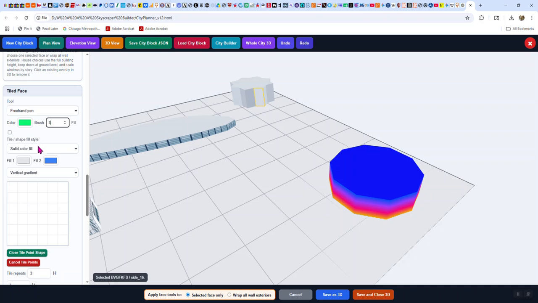tile shape, color fill. Oh, I added those things, haven't tested those all out yet. I think you got to check this box to make that work. And then what I can do, freehand pen, now if you're an artist, you can figure out ways to make the shapes jive so that the edges hit just right. You study the art of like MC Escher and stuff.